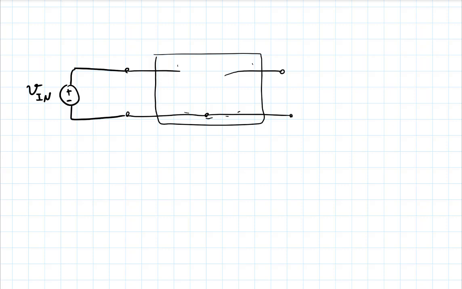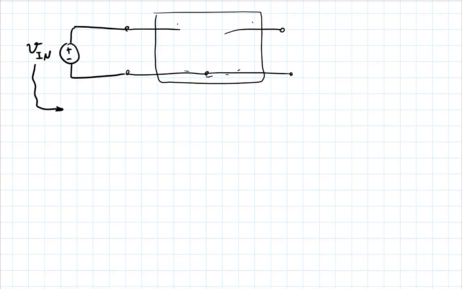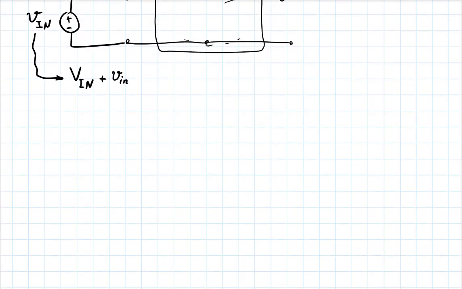So I'm using small v, but capital for the subscript. And this vIN, I will think about as having two components: a DC component, all capitalized, including its subscript, and an all small signal, all lowercase. It's just a matter of notation. So your vIN